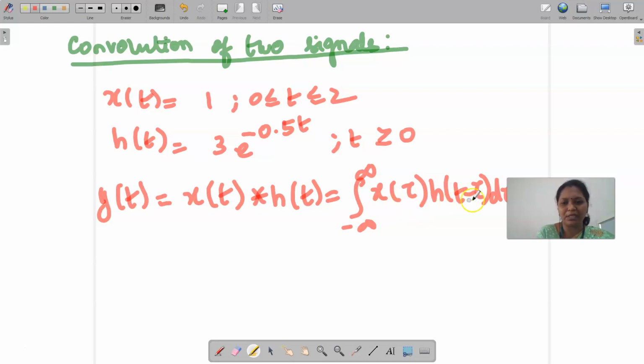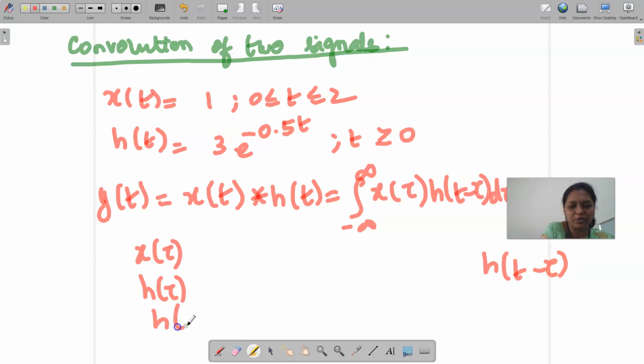So first step, when we see the convolution formula, here we have x of tau and here we have h of t minus tau. So we need to convert your t terms into tau terms first. So our first step, we need to convert your x of t as x of tau and h of t as h of tau, and then what are all the other operations that have been involved in this formula, we need to reverse. So when you see this term h of t minus tau, first step I have converted h of t into h of tau and then minus tau I have, so it is a reversal operation.